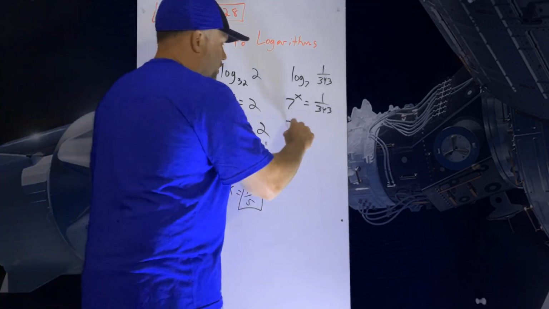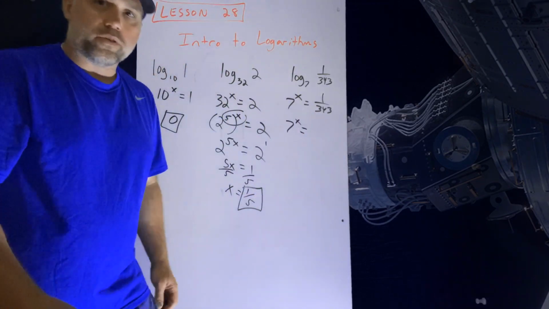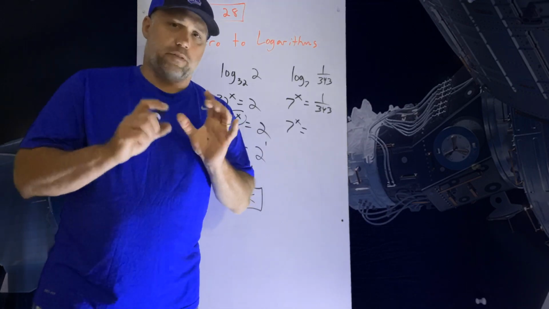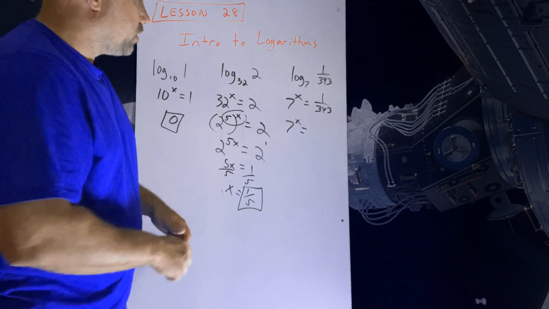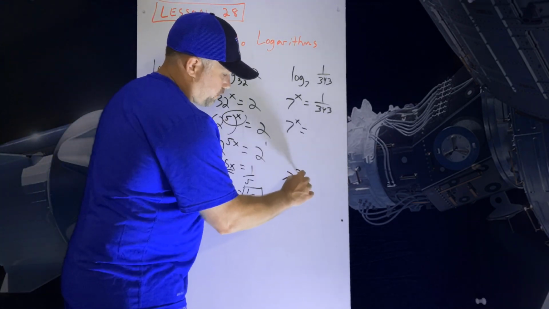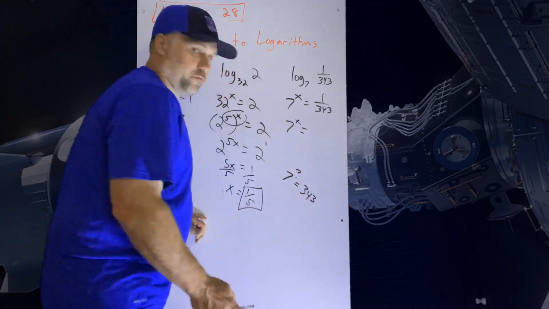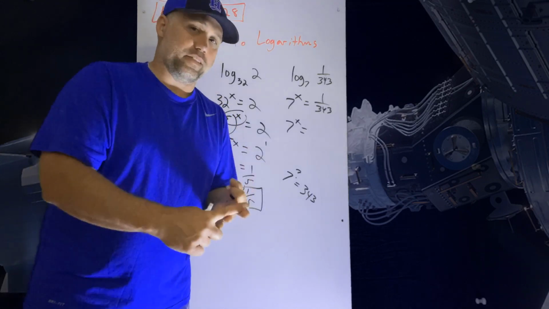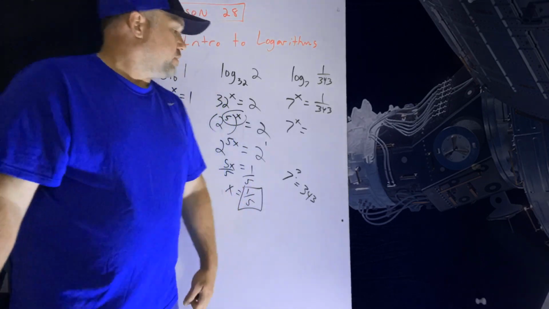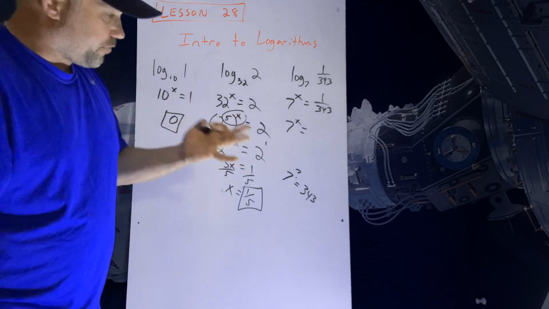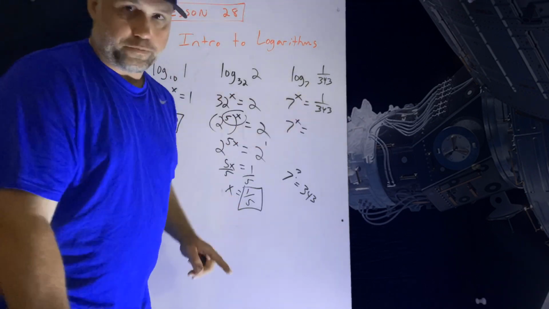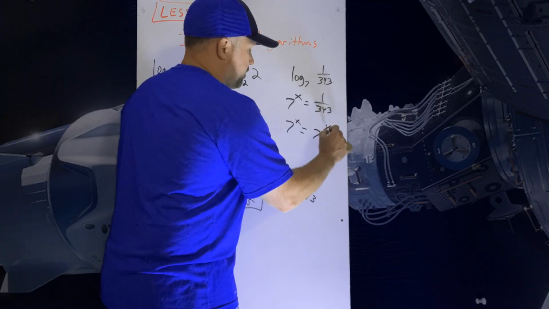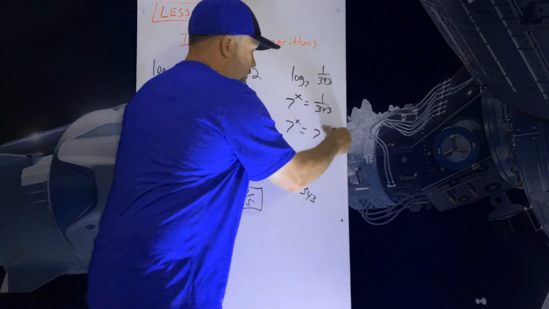So what we do is we try to figure out how we can write 1 over 343 as an exponent. If you first just think about 343, forget the 1 over part. Can I figure out 7 raised to something that gives me 343? Well, 7 times 7 is 49. 49 times 7 is 343. So that's what you're going to use. You're going to use the 3rd power. But this is 1 over 343. So instead of using the 3rd power, you're going to change it to 7 to the